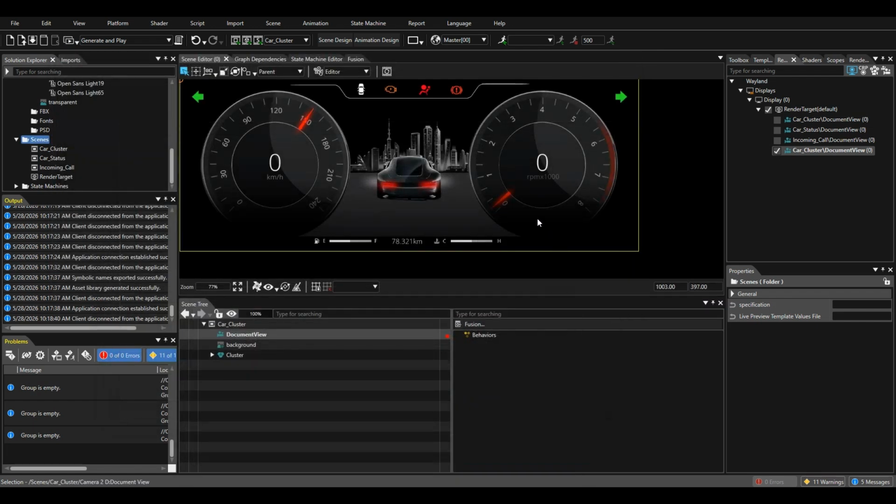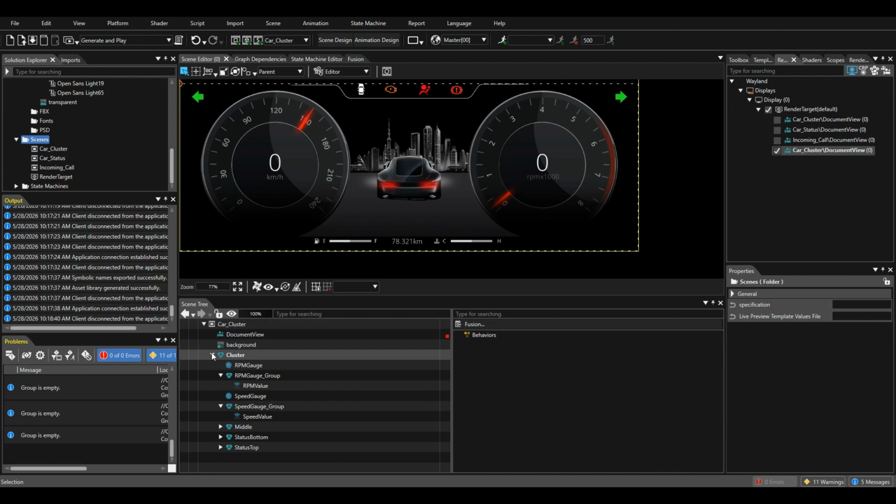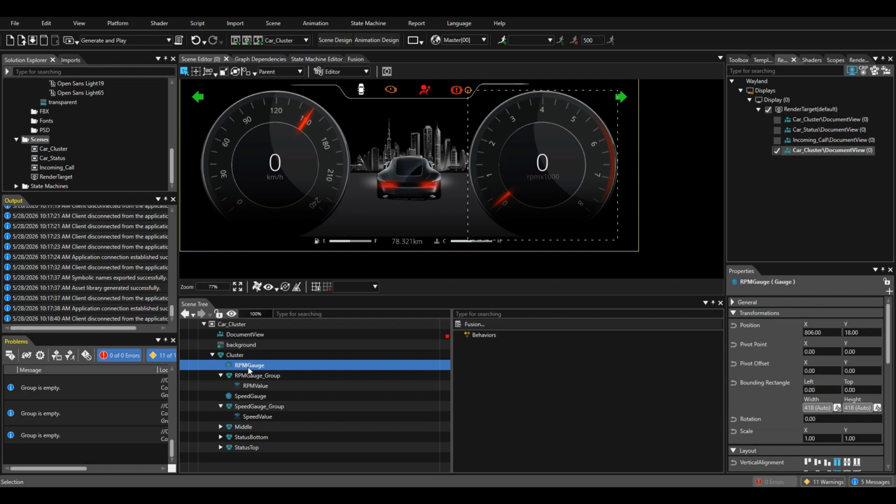To add logic without the need of coding, CGI Studio provides behaviors. Behaviors are small, reusable functions that can easily modify nodes in the scene. These behaviors communicate using events, allowing them to share data without direct connections. In this case, behaviors are used to forward the gauge values to the text displays at the center of the gauges. To add the required behavior to the RPM gauge, open the car cluster scene and select the RPM gauge